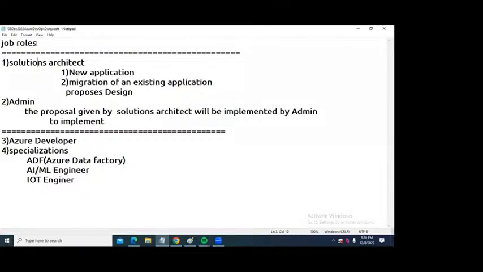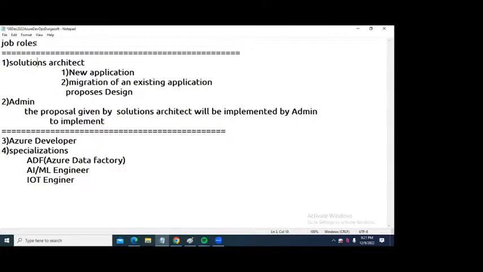To become a solutions architect, you not only have to be a cloud expert, you have to know each and every software, and each and every on-premises model also, database servers also.